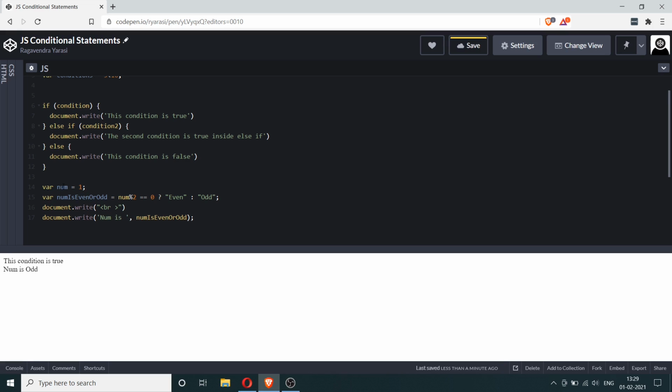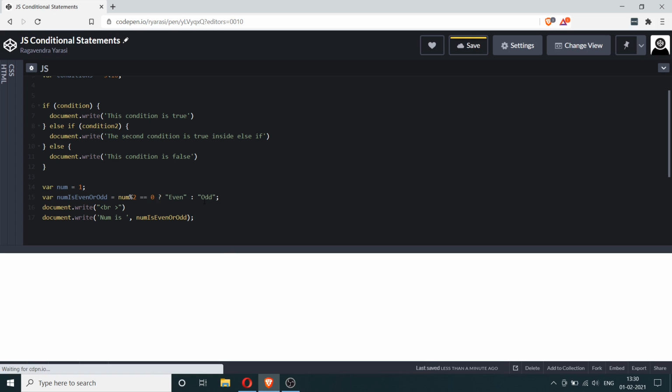Okay, so now the value of num is 1 and we are dividing it by 2 to get the remainder, and obviously it is giving you a remainder which is not equal to 0. So it will select the second value. So now the num is even or odd variable contains odd, and when we print it out we get num is odd. That's what we're seeing here. So the ternary operator is a very simple way of writing elaborate conditional statements in a very simple way.